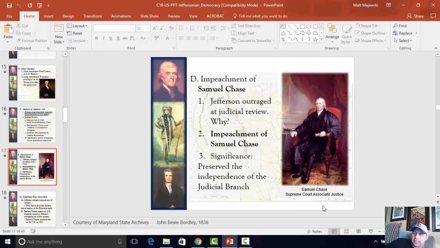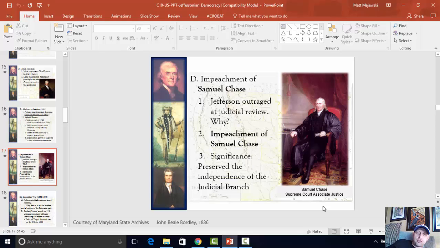All right? Almost immediately after this decision is made, Jefferson actually is outraged. He and Democratic Republicans wanted to get rid of Marshall, but they couldn't, because the only reason you can impeach a judge is if he does something wrong, like breaks a law. Well, Marshall hadn't. And so what they did is they targeted another judge. They tried to impeach him, which means remove him, because they were so angry about this judicial review, because they thought it was a political move again, a maneuver to take away power from the president and Congress just because the Federalists had lost those things.